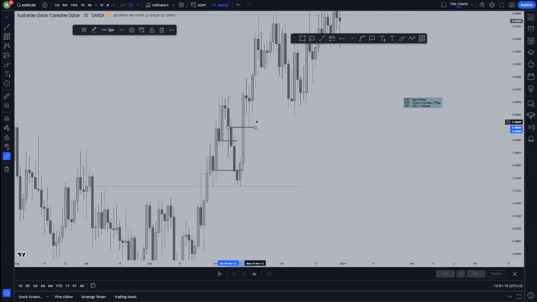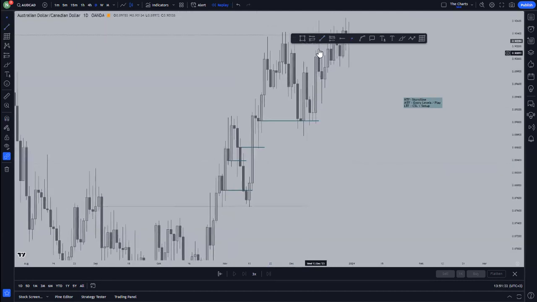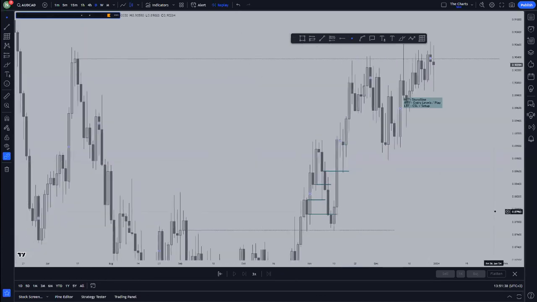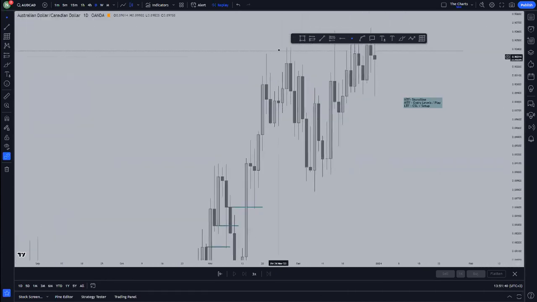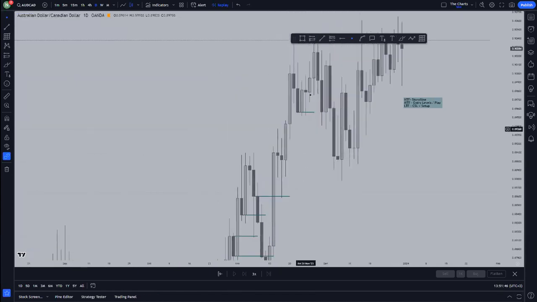This level right here, we are looking for buys. And this level right here, we're looking for buys. Every level on the daily time frame until the market reaches what? Until the market reaches a target. So for example, let me just put it like this. Right here, until the market reaches this target right here, we are looking for buys. So we're playing from the daily time frame level.